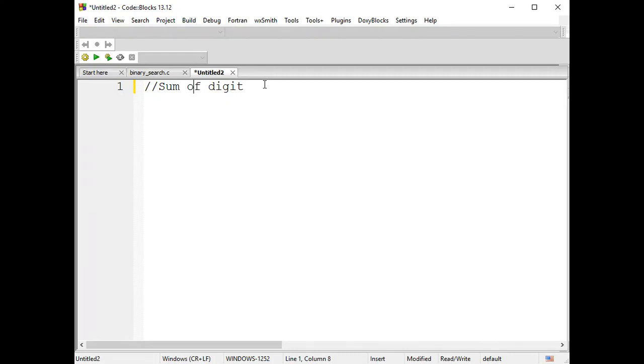Let us assume the given number is 345. If the given number is like this, I want my result to be displayed as 3 plus 4 plus 5, the summation of it. You can notice that 3 plus 4 gives you 7, 7 plus 5. That should be your output.